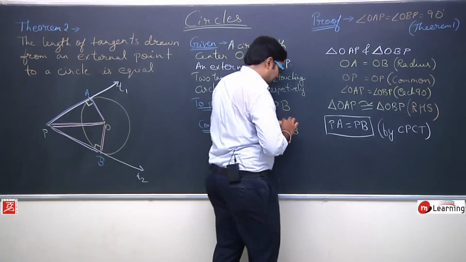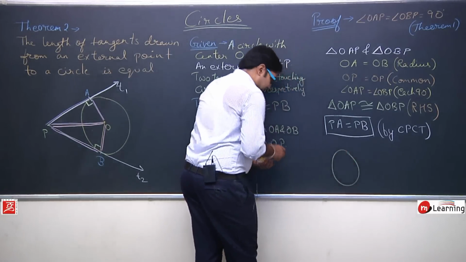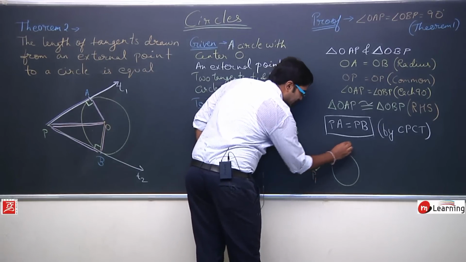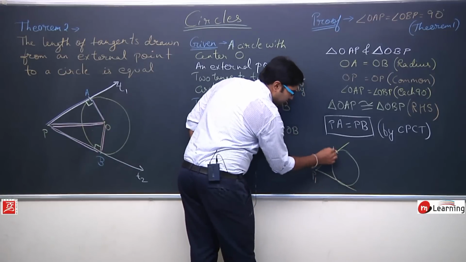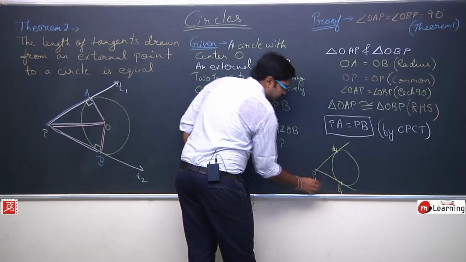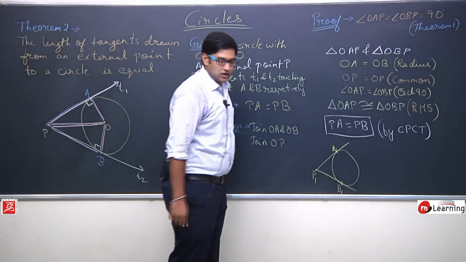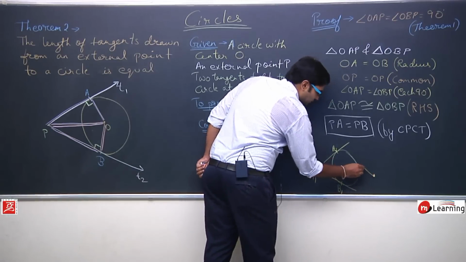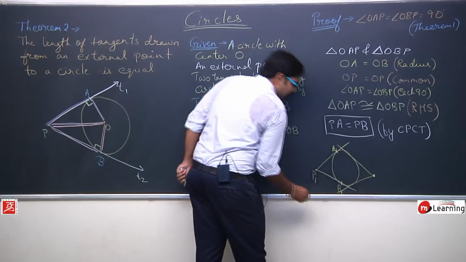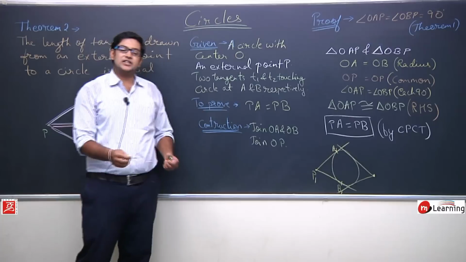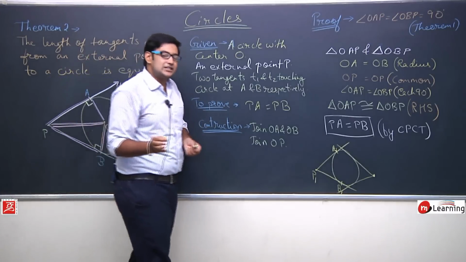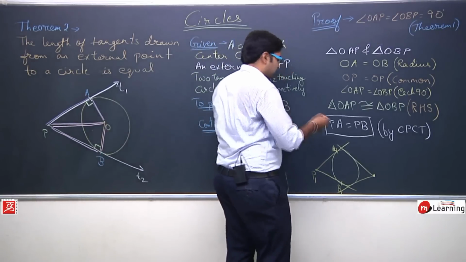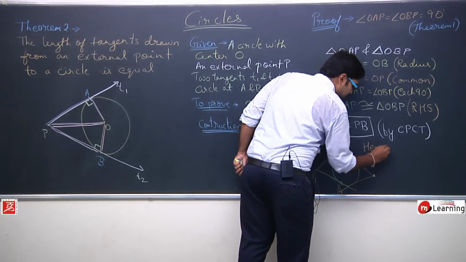Let us say this is a circle and this is a point P1. From this P1, if I draw two tangents to the circle, so this is A1, this is B1. So this PA1 and PB1 will be equal. If I take a point at this place, at this location, and draw tangents from here also in this way, then again you will observe the tangents are equal. The length of the tangent will always be equal if the tangent is drawn from an external point to the circle. Okay, so this is what we needed to prove and we have proved. So hence proved.